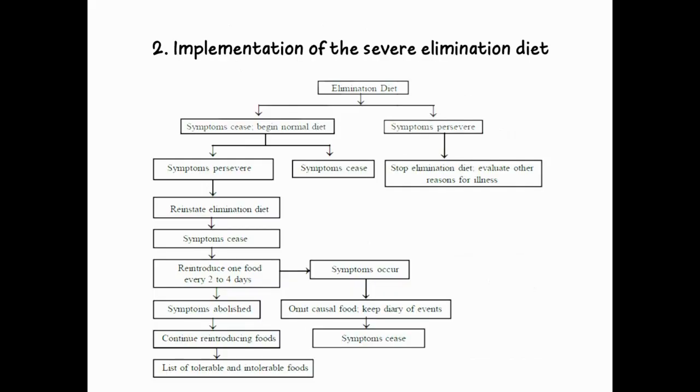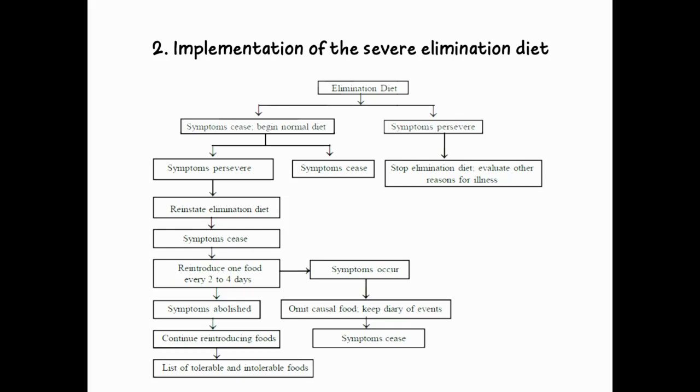Next we move on to implementation of the severe elimination diet. Then there are two methods. If the symptoms persist, we stop the elimination diet and evaluate other reasons for illness, like we've done earlier as well. If the symptoms cease, then we begin the normal diet. After beginning the normal diet, if the symptoms stay away, then it is well and good. Otherwise, if the symptoms persist, then we reinstate